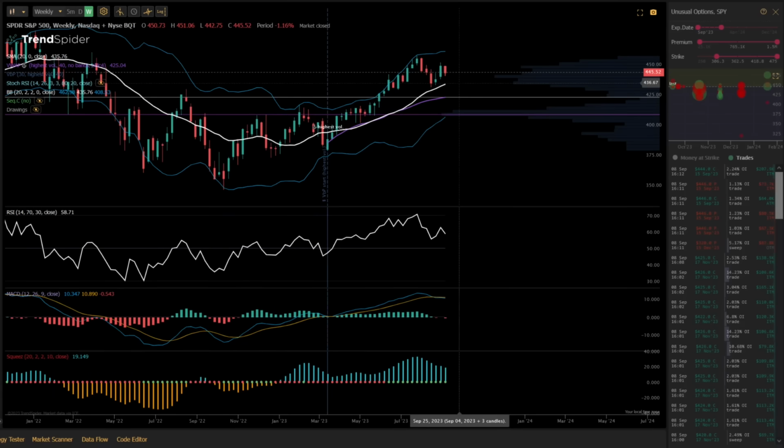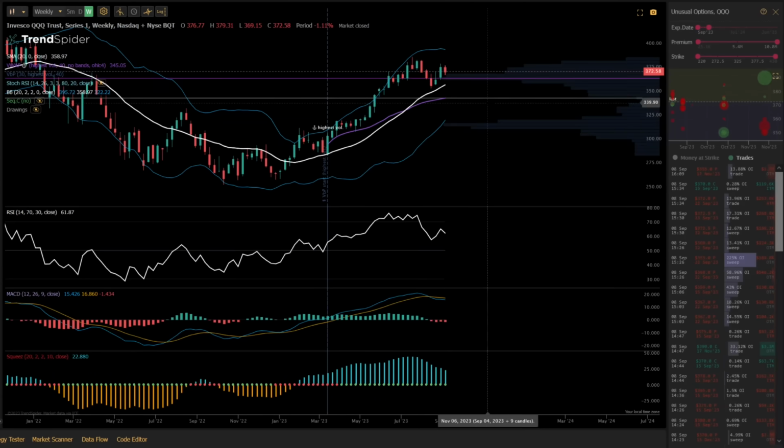So this chart is still largely bullish while SPY is above these critical support levels. Jumping over to a weekly chart of the triple Qs, you can see a very similar story as SPY, where we had a red week, and that is going to be telling us if we break that support at 369, we could be coming down towards the rising weekly 20-period moving average right around 360. So for that reason, 369 will be the weekly breakdown, and then below that we're likely going to 360, and